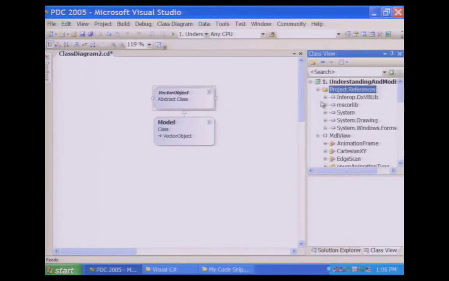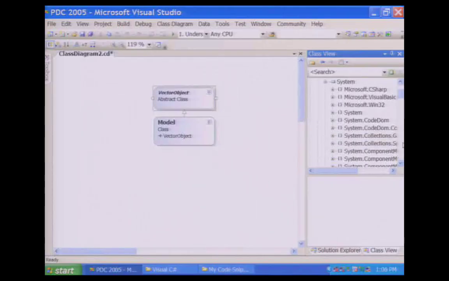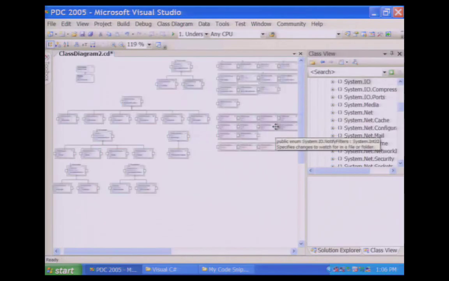But what you can do is you can expand this. You see just the references that I have in general for my project. What I'm going to do is I'm going to find the System.IO namespace and drag that on to the class diagram. Now, this is interesting. What's going on now is when I drag it onto the class diagram, it's actually going to iterate through all the types in the System.IO namespace and create me a layout that allows me to quickly sort of see the structure of that entire namespace. And so if we make this a little bit bigger,